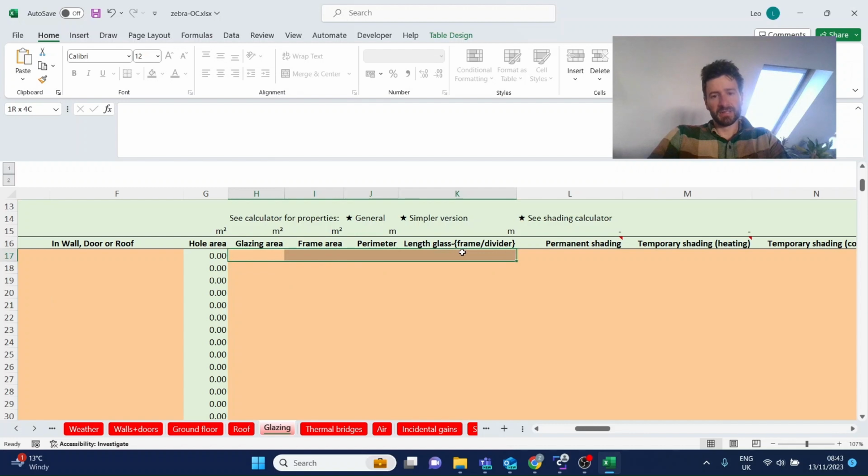The next 4 entries are the properties which reflect the geometry of the window. So we start with the glazing area, which is the area of the glass itself. Then we have the frame area, the area of the framing material. The perimeter length, which is the length of the boundary around the window frame, that is. And then the length of the glass frame divider, and this is the total length of the interface between the